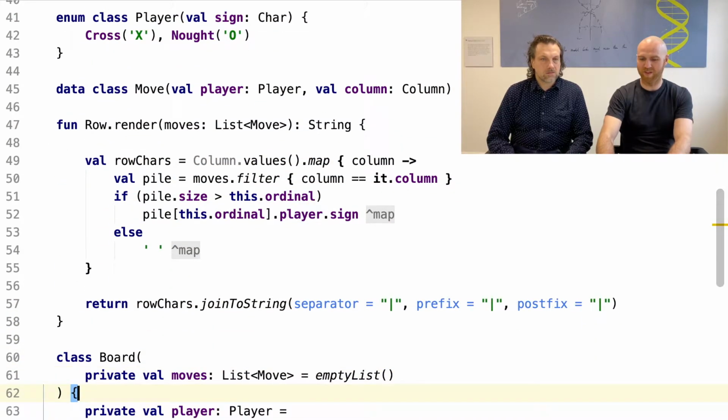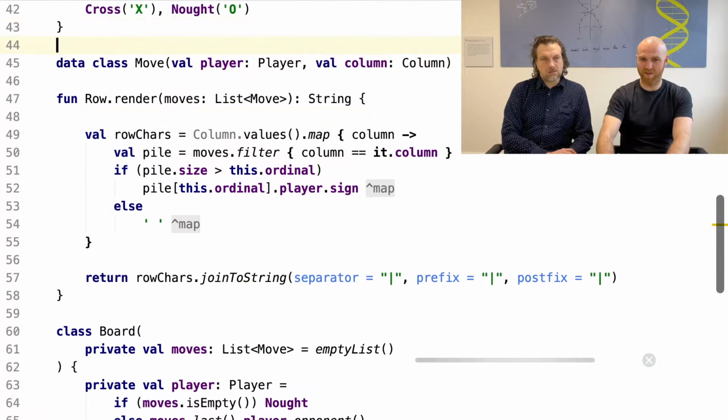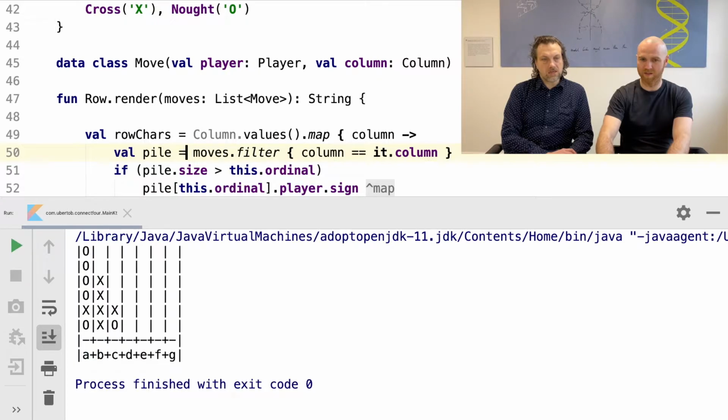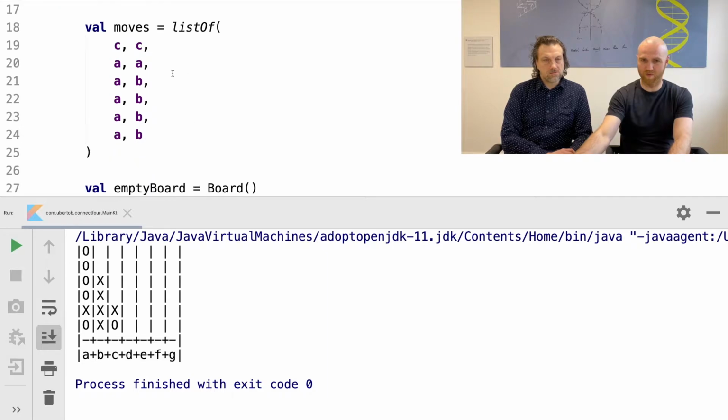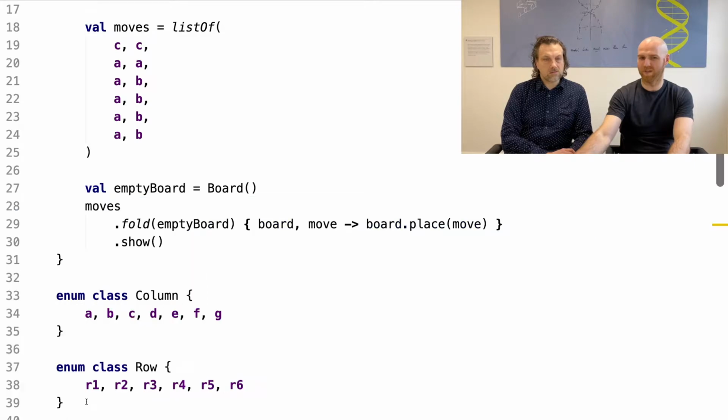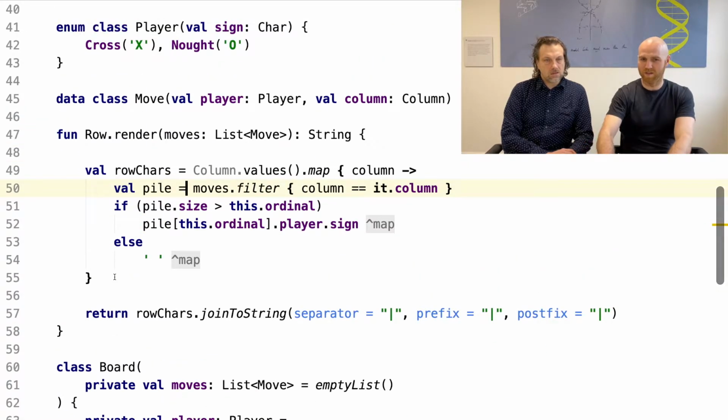Let me just run the thing. I think first, just to remind ourselves what it's doing. Yeah, and I think this is the area with the pile. So what we had was a bunch of moves, and they end up with this, with boards. And we had a pile here. The idea was to put the whole thing in